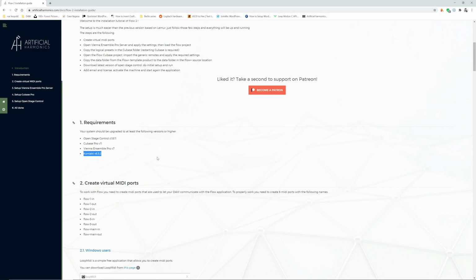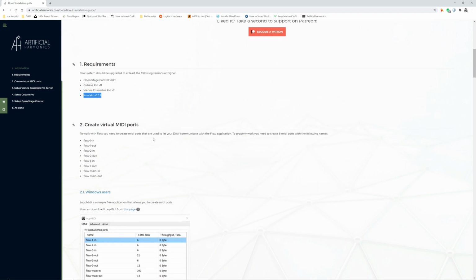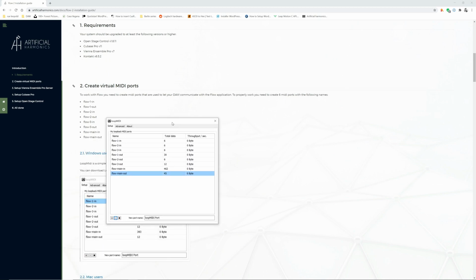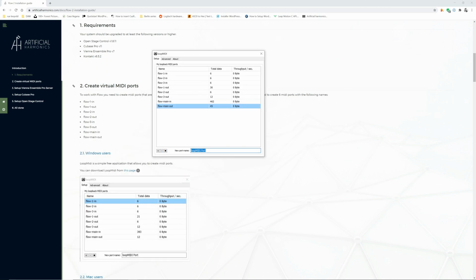The first step in the setup of Flow 2 is to create virtual MIDI ports. This is the list of all the MIDI ports that need to be created. For Windows users, it's quite simple. You can use the application loopMIDI. As you can see from here, you can write the name of a port, you can click plus, and the port is created. So just make sure that you copy exactly those names